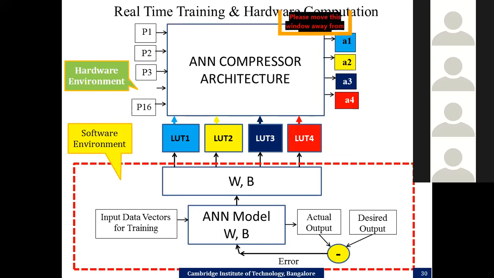So when you want to implement real-time training and hardware computation, when you want to take up a real-time implementation of your ANN or DNN or any of the deep learning methods, see the logic here. I have a software or maybe a C program or a controller, which is basically the software part. See, the software environment is highlighted in the red color at the bottom. This is the software environment where we try to take up an ANN model. We define the ANN model. You can tell, okay, this is 10, 20, whatever it is. Then you have all the possible input data vectors available with you for training. You know what the desired output is, and what the actual output from the network is.